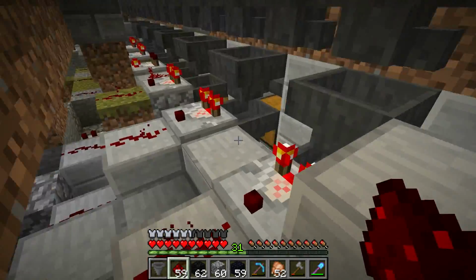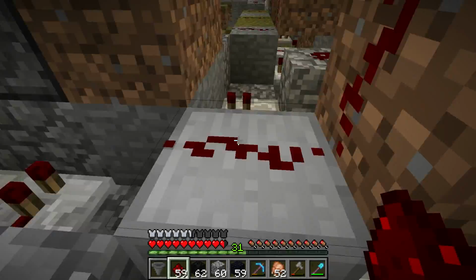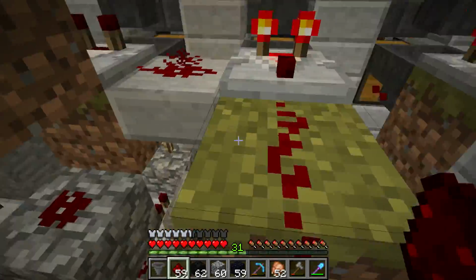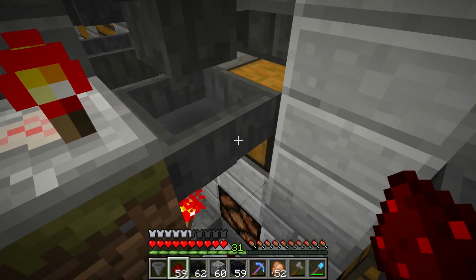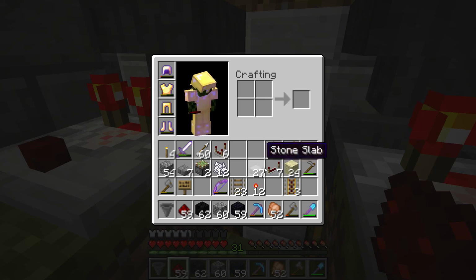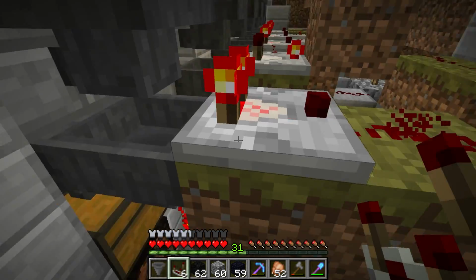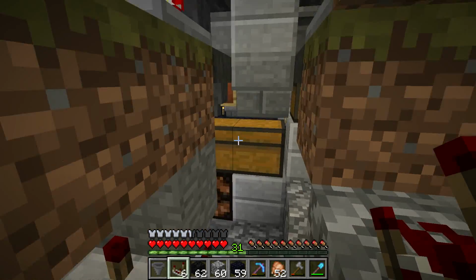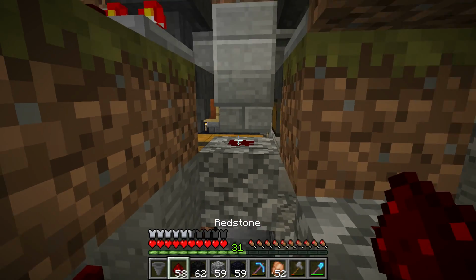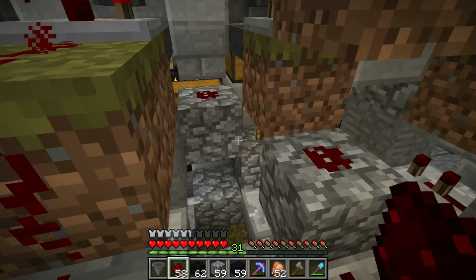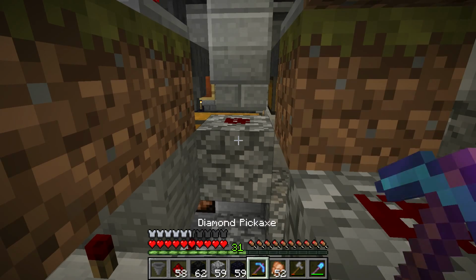Because as you can see, if you try to do it over here, this is a crowded mess, so even if we were able to do it somewhere else, let's go over here. This one, how do you access it? You'd have to have the comparator going towards this, and then you'd have to access the wire from over here by placing a block here and then redstone here, and then moving that redstone somewhere else to send the signal somewhere else. Just not